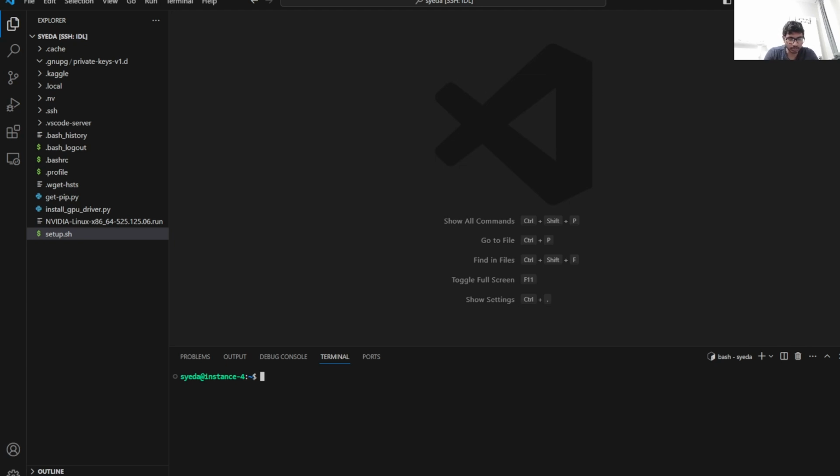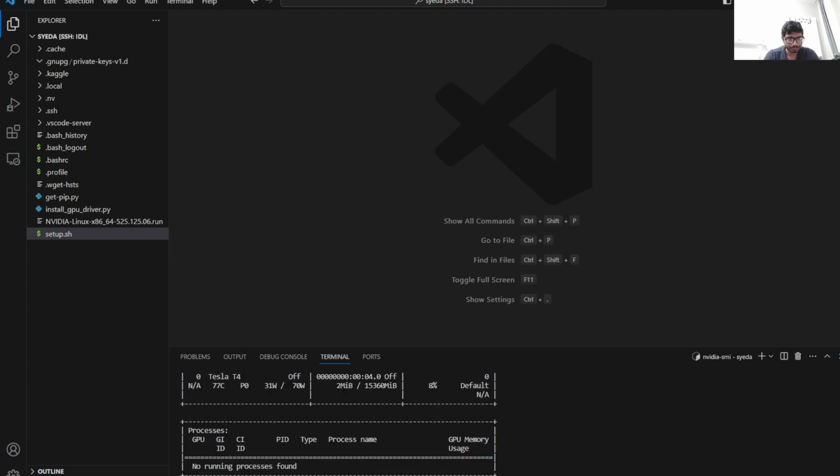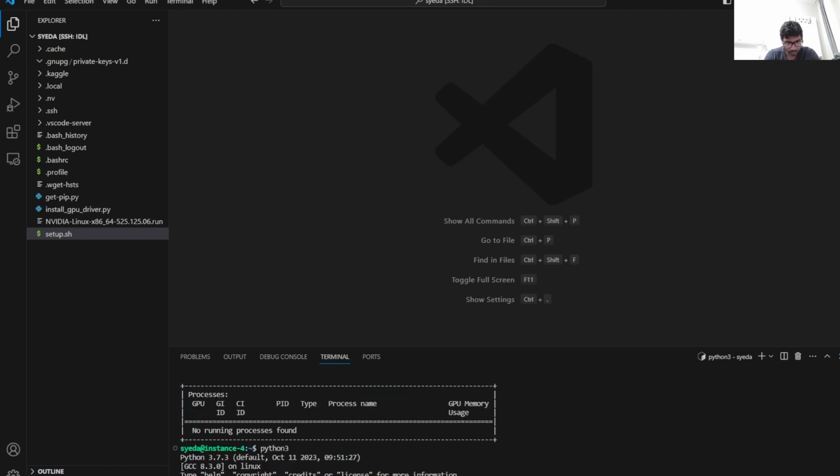we can type a few commands to see whether everything has been done properly or not. The first thing we can do is type nvidia-smi to see if the necessary GPU packages have been installed or not. And when we click it, yep, it looks like it's fine on that end, and we can check our Python version by writing python3. Yep, we have 3.7.3,